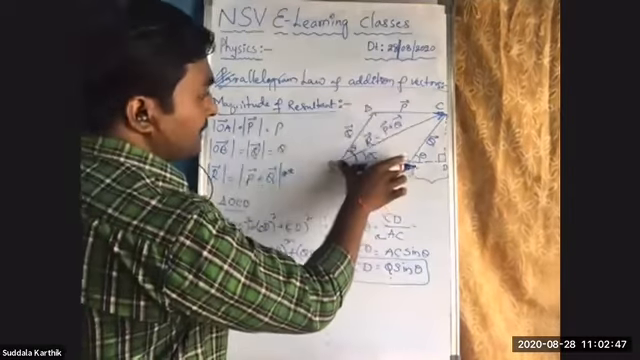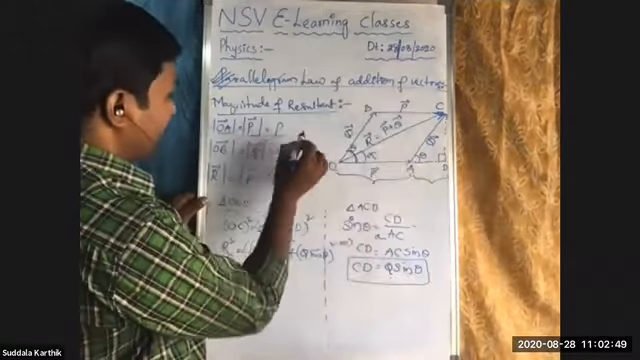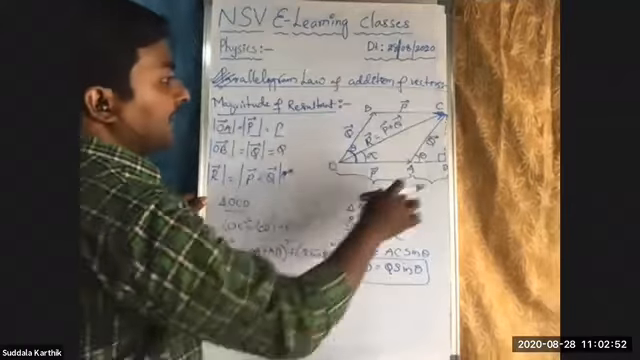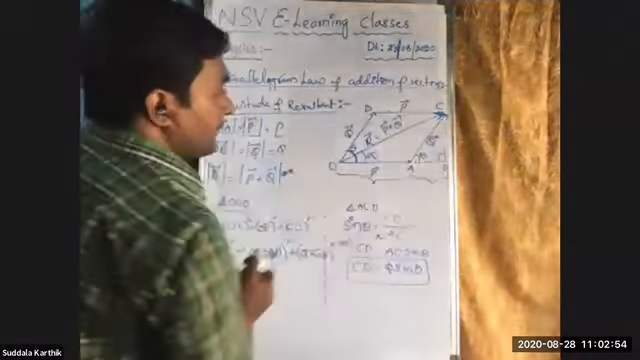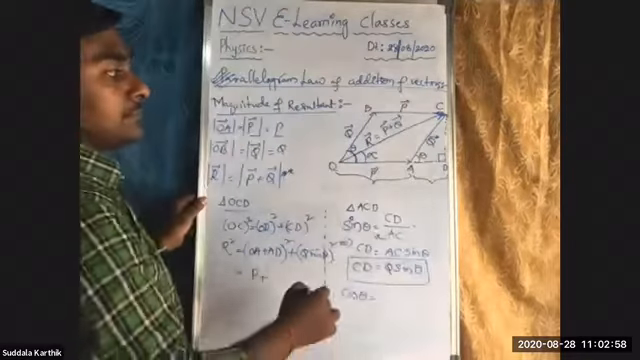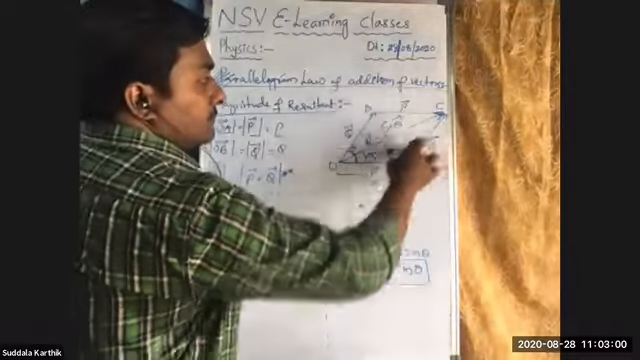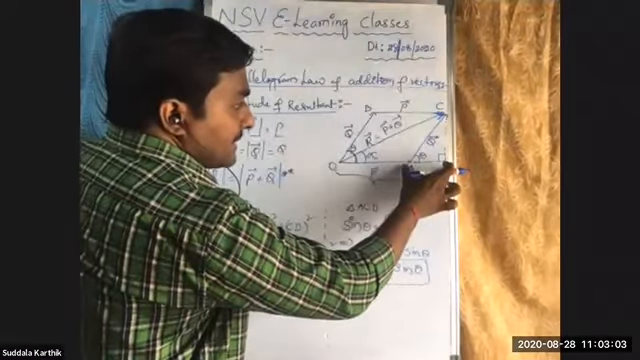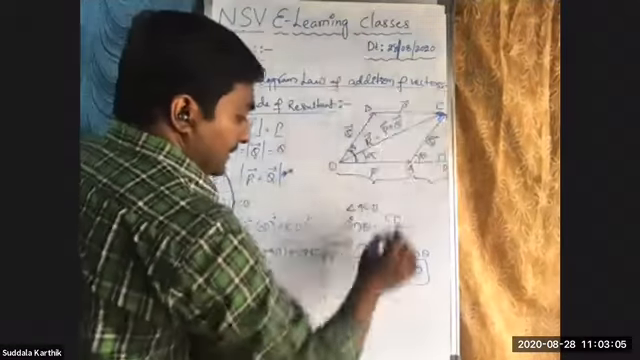So OA you know very well. OA is how much? Just P, now I have calculated. P plus AD. AD is how much? From this diagram, cos theta is adjacent side by hypotenuse. Adjacent side is